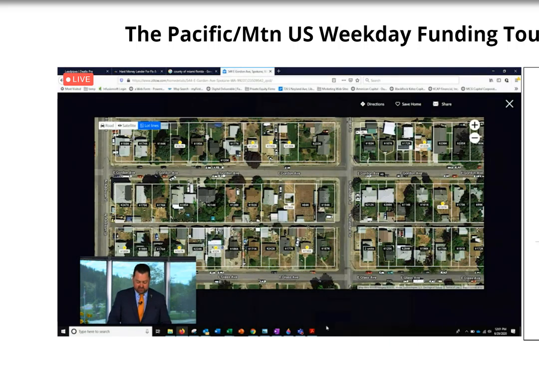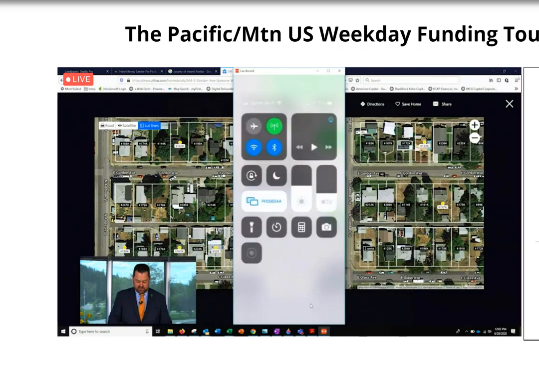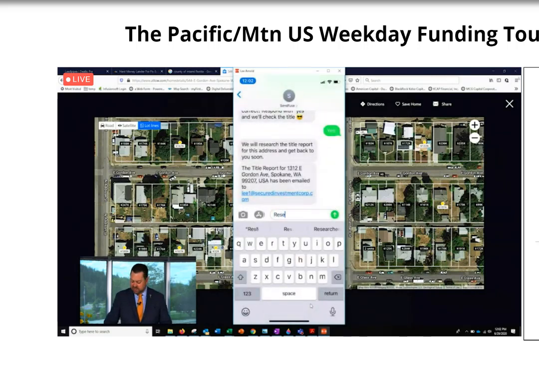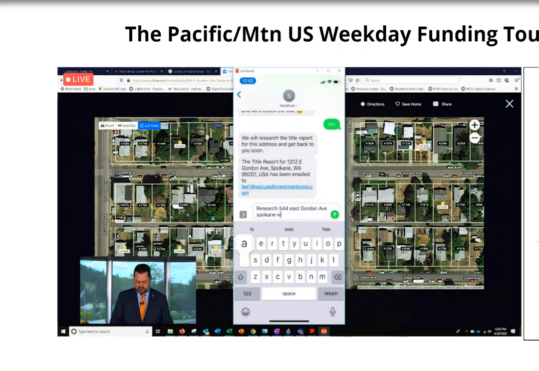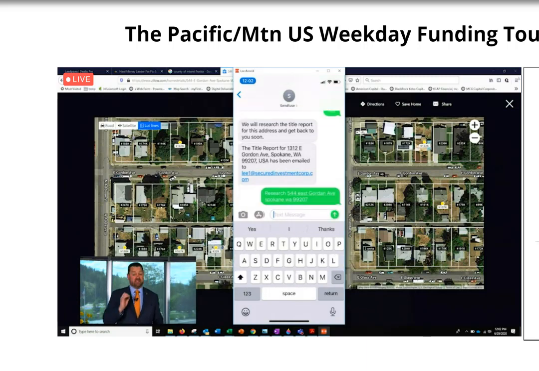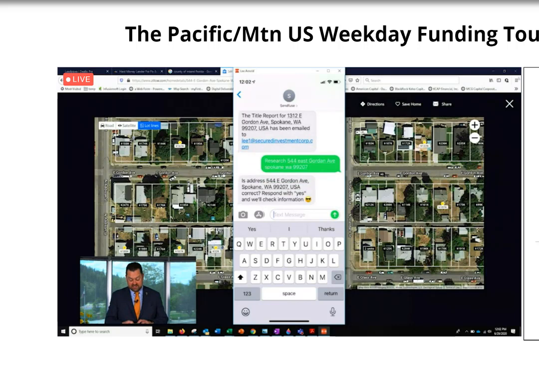So next step now is we're going to go into Send Views. So let me share my phone with you again. There's that. Okay, so now we go to Send Views and remember, you always start with the research command to make sure we have the right address. Research 544 East Gordon. And this one is just 7 or 8 blocks away from the other one. Spokane, Washington, 99207. Now I can tell you guys that we flip a lot of houses in this 99207 zip